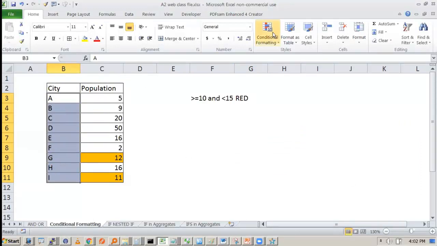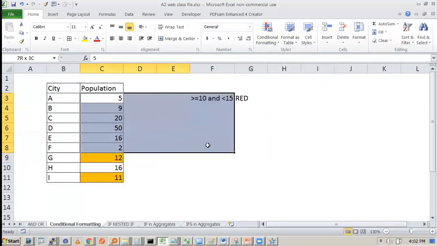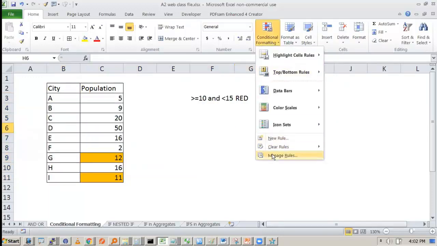This automatic option works only if the condition is on the cell which you are highlighting. By the way, you can clear all the rules by going to conditional formatting, clear rules, clear from the entire sheet.